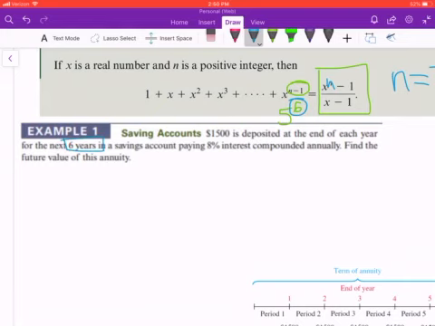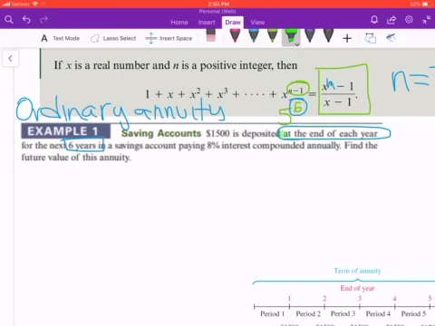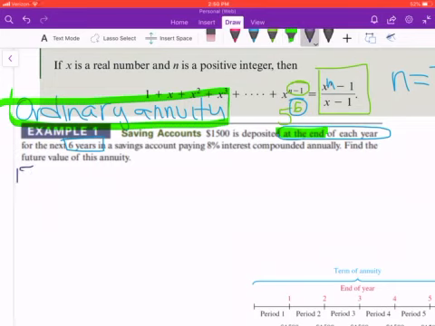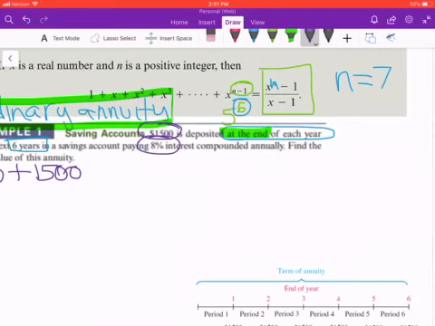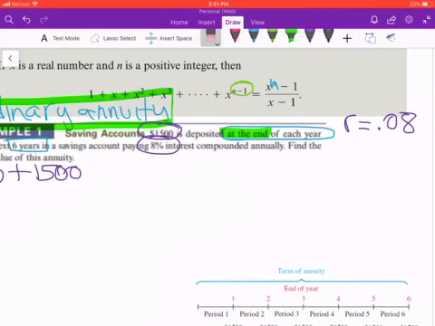So in this case, we have an example, and this is an example of an ordinary annuity. And that is because the money that is deposited regularly is deposited at the end of each year. So that is our clue, at the end. That is how we know it's an ordinary annuity. And so we start with the first year, $1,500 are deposited. I'm sorry, the first year. The second year, another $1,500 are deposited. However, the account is going to earn 8% interest. So we could say that our rate is 0.08, and our time is going to be